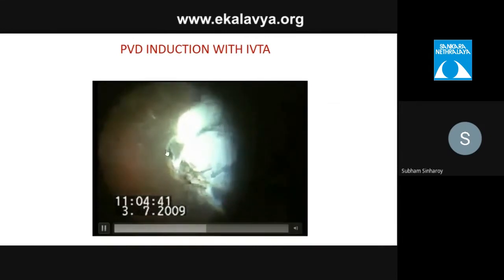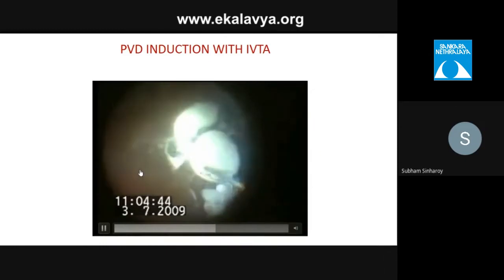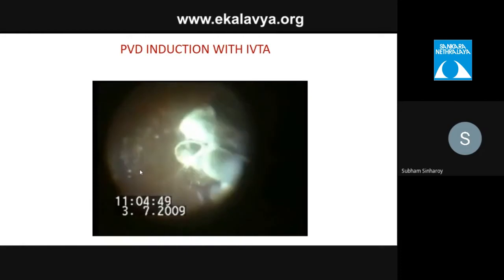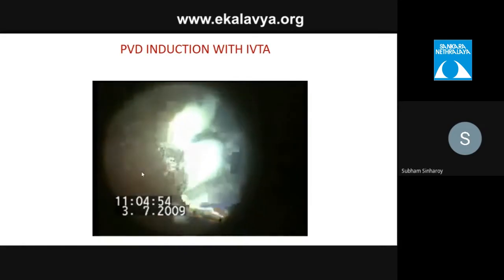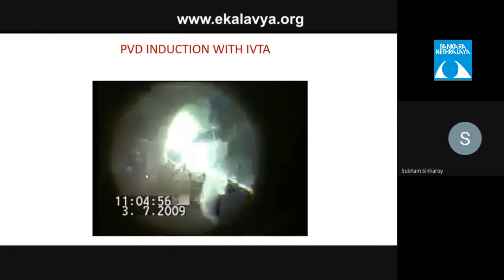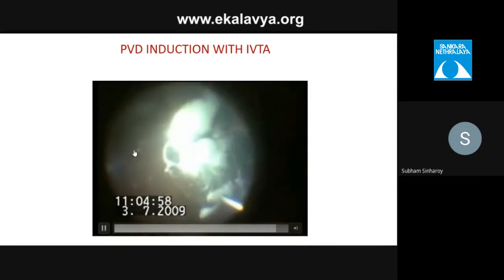Now you can see it is lifting up, it is on the verge of separation, and now it is lifted. After the completion of the induction, we are assured that the PVD is induced. Then you can go ahead with the vitrectomy for removal of the vitreous.